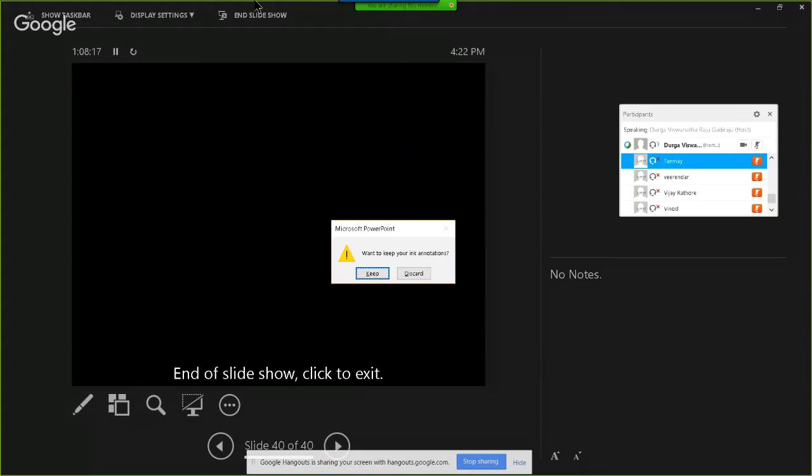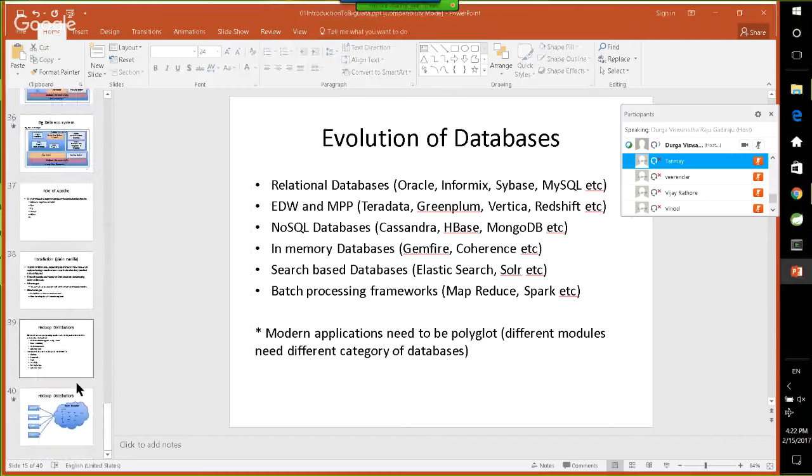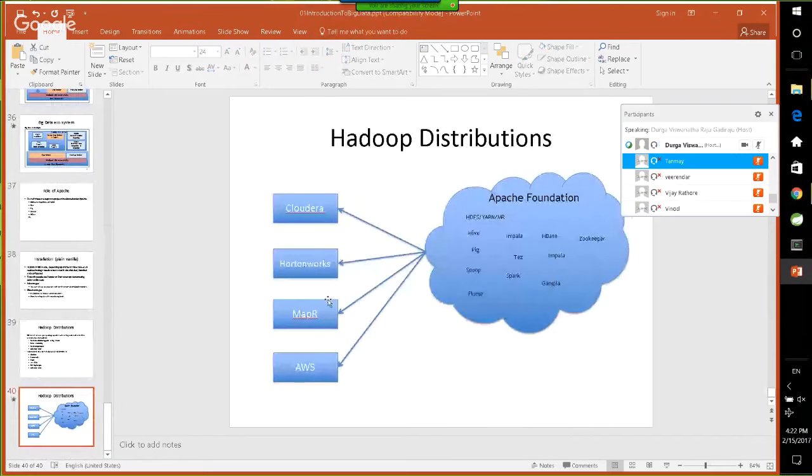And Oracle's Big Data Appliance uses Cloudera internally. So only these 4 distributions you need to worry about. You don't need to worry about any other distributions.